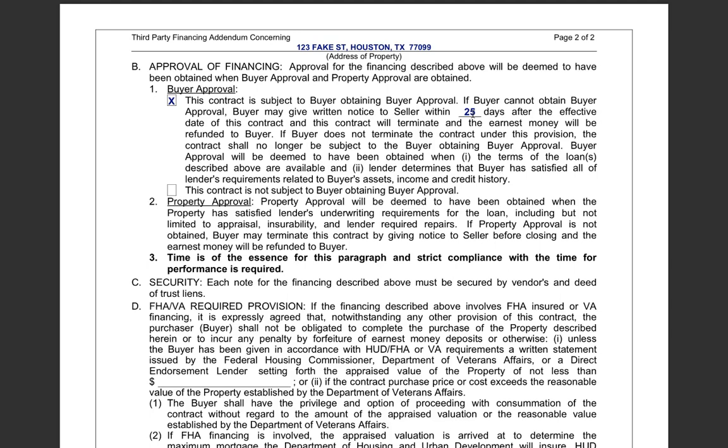Now, let's say this contract has 25 days, but let's say the buyer finds out on day 26 that he can't get financing approval, and he's already out of this 25-day requirement. Then the buyer in that situation would not be able to get his earnest money refunded back to him. So pay very close attention to paragraph B1 of the third-party financing addendum,